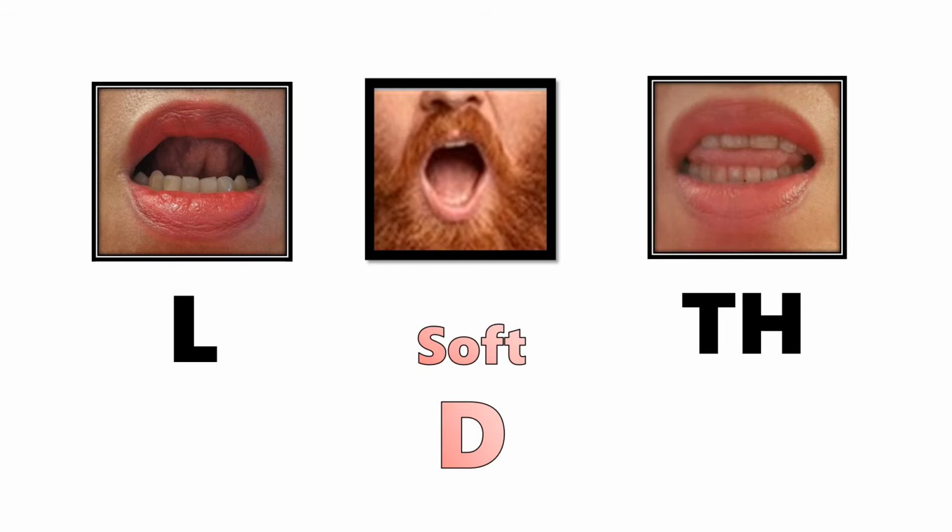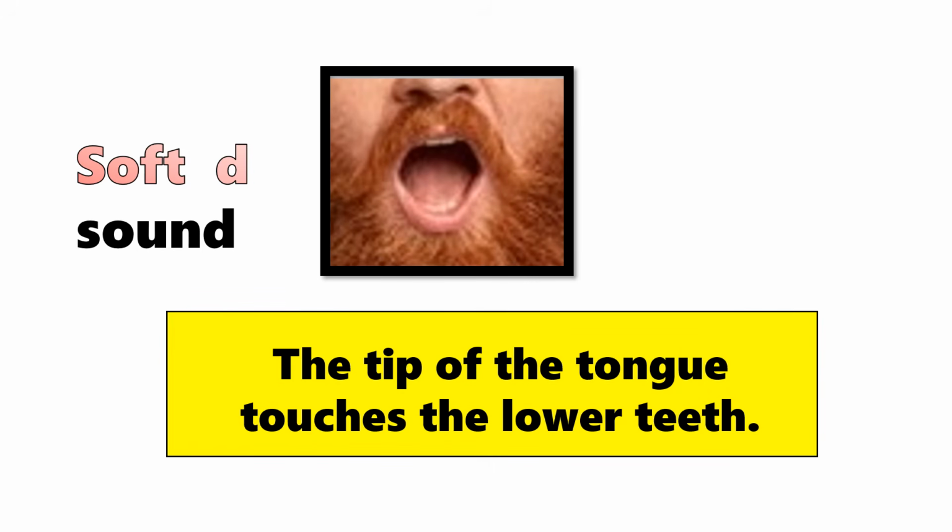It is not. If you take a closer look at the L sound, the tip of the tongue is placed at the back of the upper teeth. In the TH sound, the tip of the tongue is a bit outside of the mouth and is placed between the frontal upper and lower teeth. The soft D sounds like this. Through frequent practice, you'll simply get used to hearing and saying them.